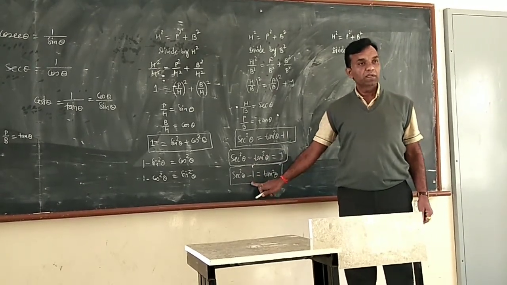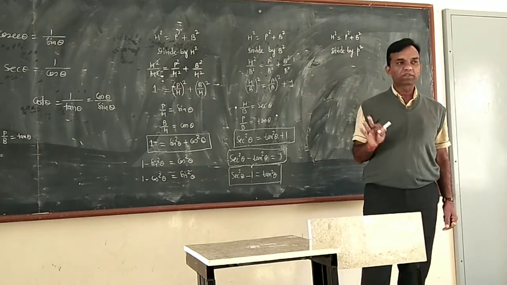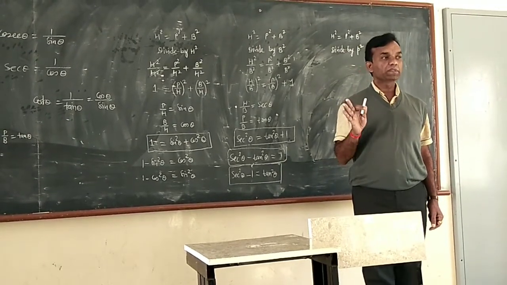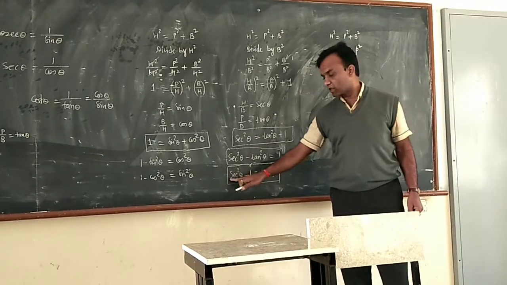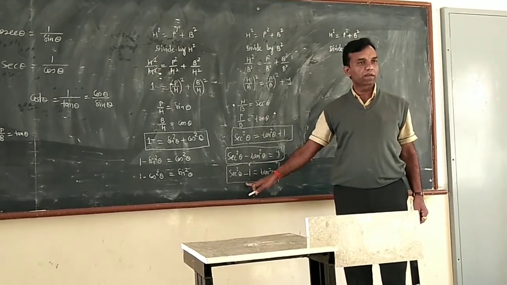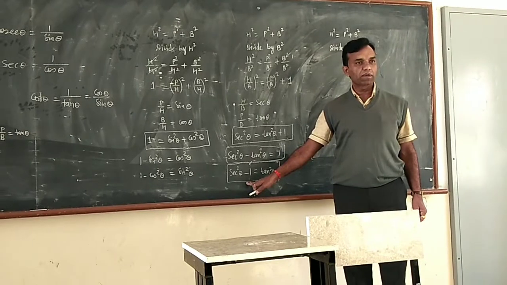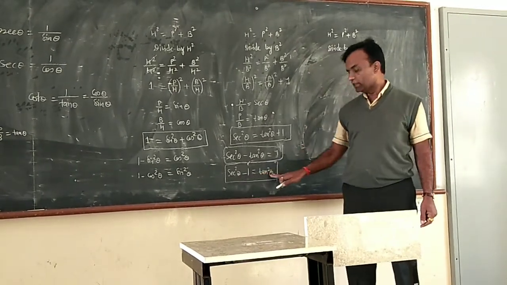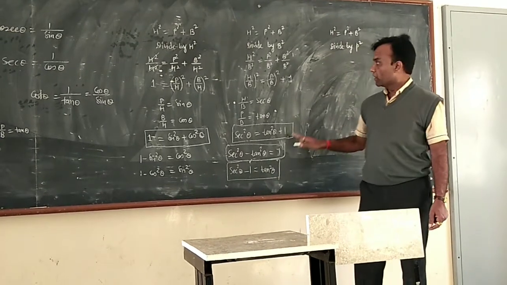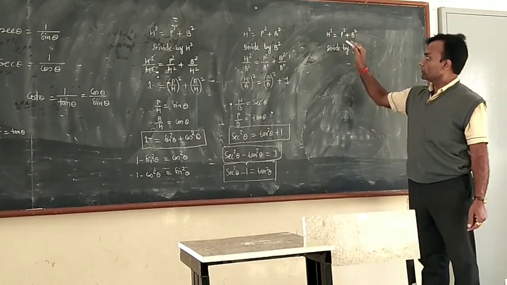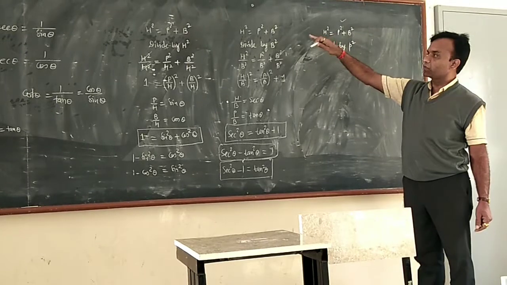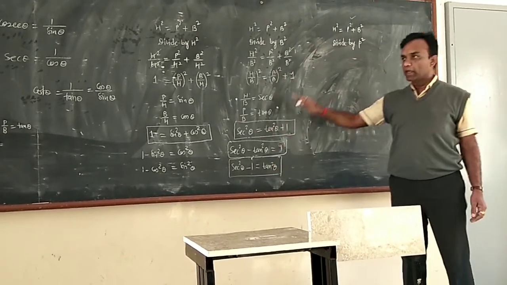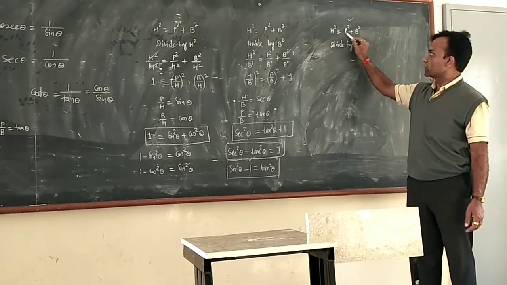But here maximum students make the mistake. They mostly write down 1 minus sec square. That is a big mistake. Sec square theta minus 1 is the actual identity, not 1 minus sec square theta. So remember, sec square theta minus 1 is tan square theta. Now the last one, because you write down 3 times, so 2 are done here and 2 identities also formed. And now the last one is h square equal to p square plus b square.